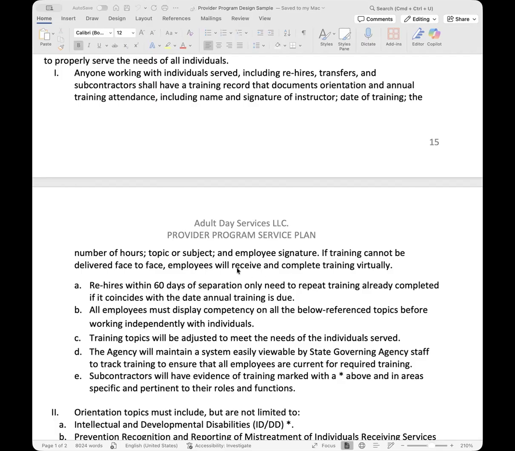So just be prepared to have it set up where they do a lot more shadowing days if you're going to be providing that online training structure, which is very convenient. Just have a system in place where they shadow for longer than the typical day. Typically, employees will shadow 2 to 3 days after they do their 5 days of classroom training. They'll train their shadow with a seasoned staff. They'll walk them through the day to day, and they'll pretty much be showing them the programming structure when they're out there.